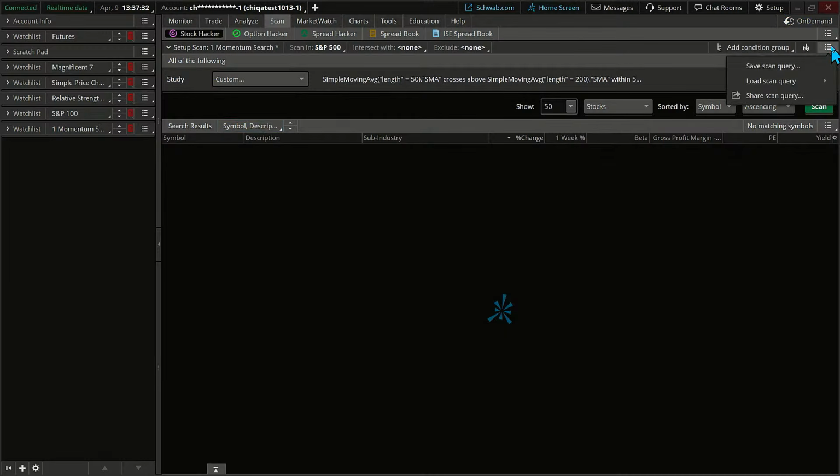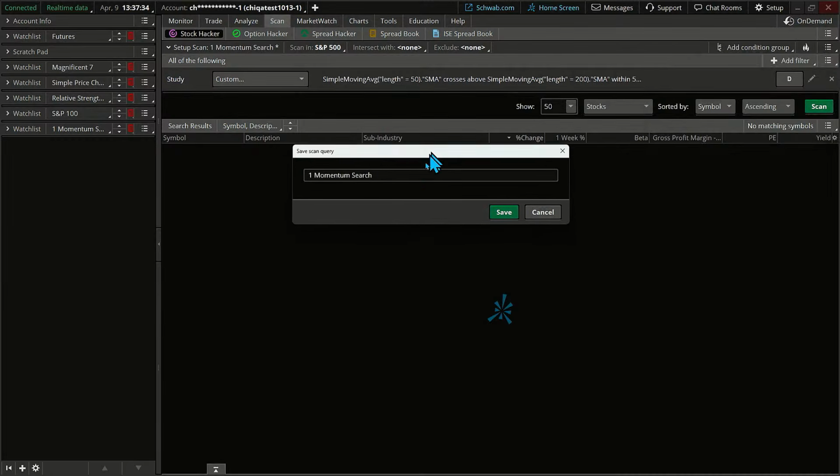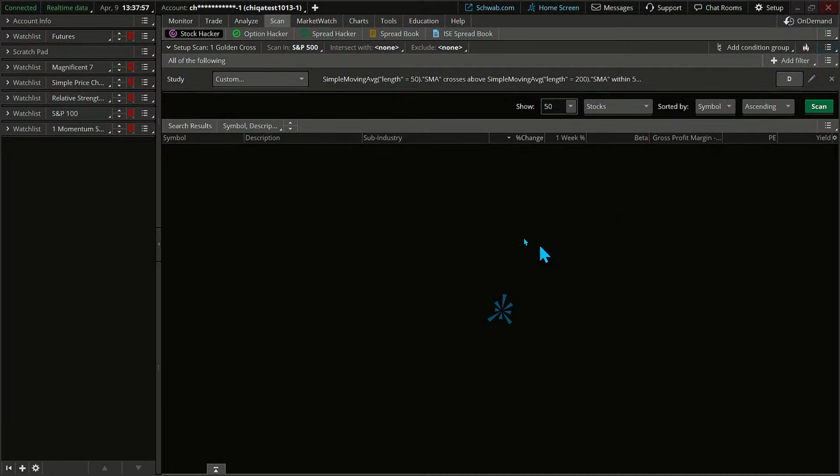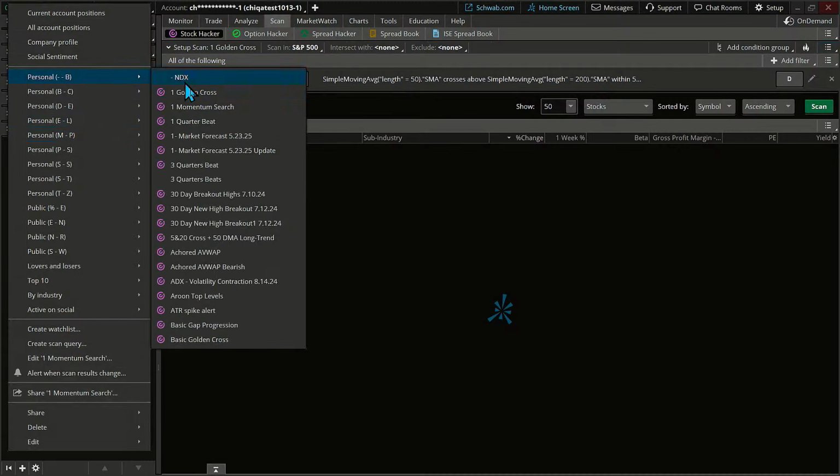Middle hamburger icon, save. I'm not getting any matches, so why would I save it? Because I want to be alerted when it pops up. If I start seeing a fair number of these, that might be giving us indications of a broader, longer term recovery in a given stock. So we'll keep the one up there just so I can spot this for you guys. But I'm just going to say golden cross. Simple as that. Click on save. And now it's going to be right over here in my watch list at the top, golden cross.